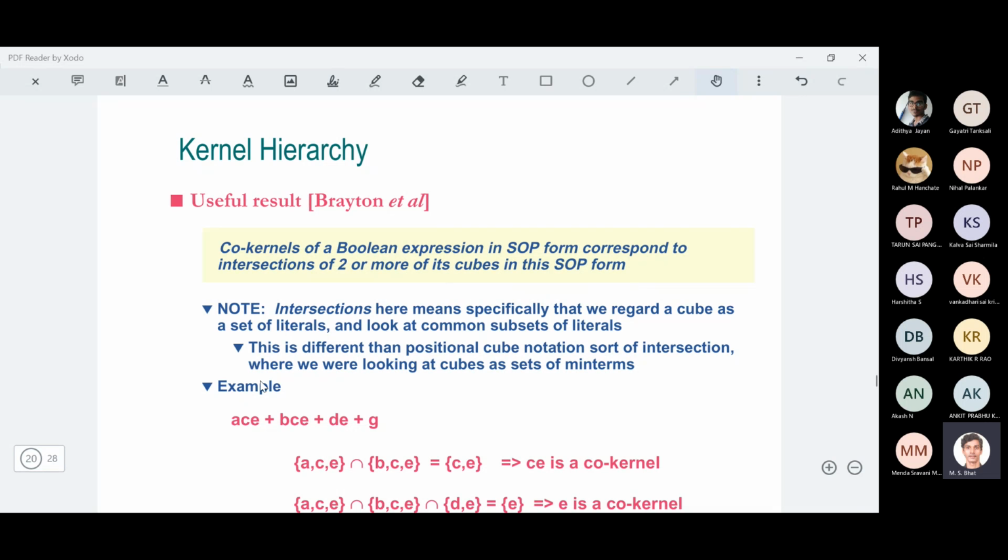To find the kernel for this, first find the co-kernel. How do I find the co-kernel? You intersect the one cube with every other cube. Suppose I intersect ACE and BCE, you get CE as the common expression. So CE is the co-kernel, because when I divide this by CE, you get A plus B as